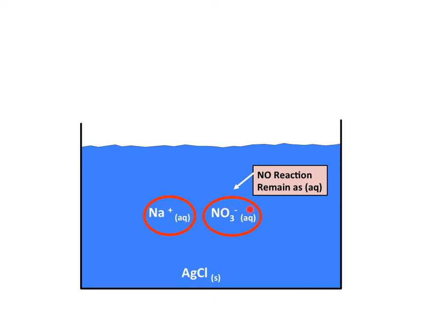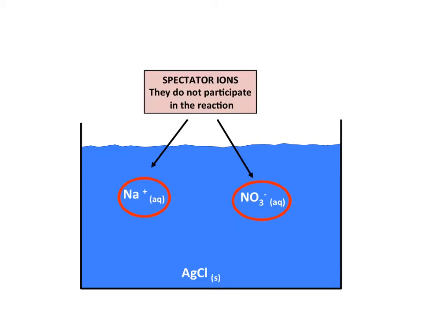They're going to remain as aqueous. They're going to remain as ions within the solution. Because they remain as ions, there's not going to be any reaction. They remain as aqueous. There's no state change. So we're going to call these things spectator ions. They don't participate in the formation of AgCl solid. They're just kind of there, other people in the swimming pool, but really the focus is all about the formation of this AgCl, which is no longer soluble,